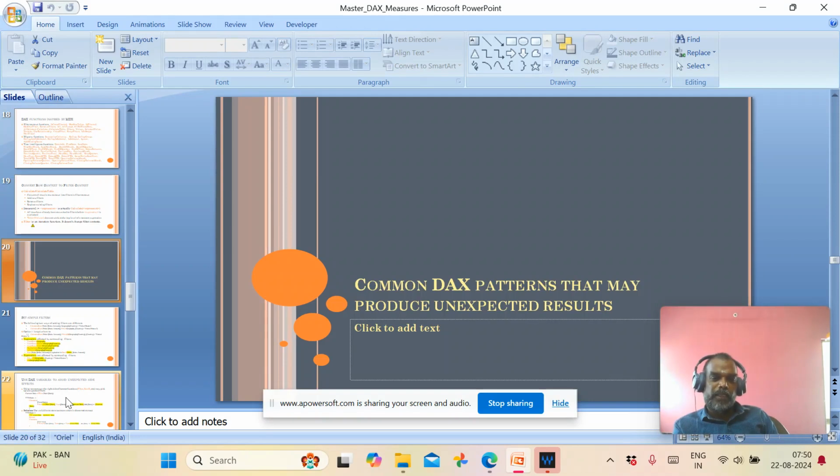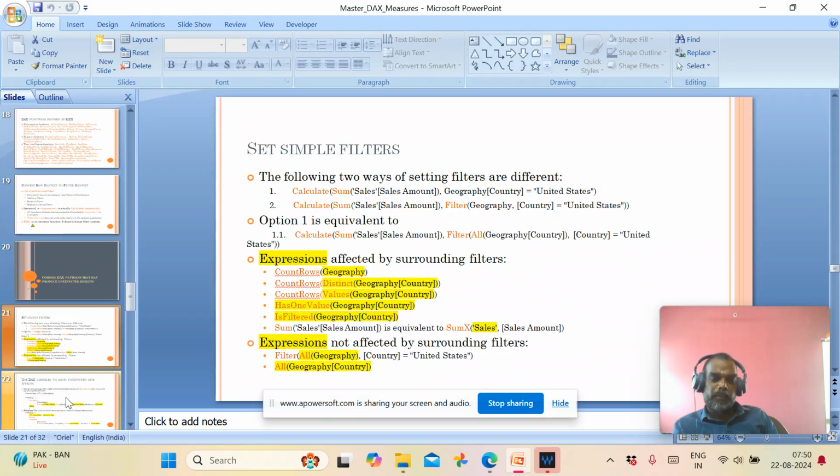The common DAX patterns may produce unexpected results